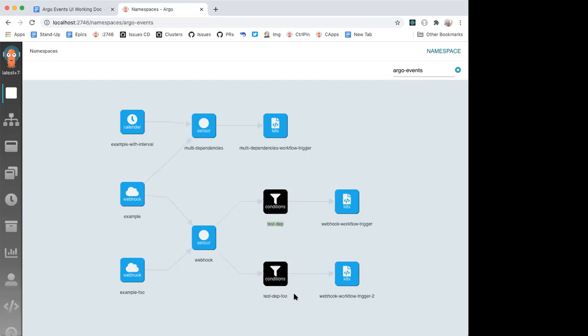And that's also another question. Right now, on this page, you're showing two sensors and three event sources. If you have hundreds, what will the page look like? Yeah, it's a good question. How many should we plan for? Vipav, do you have a number for the largest number of event sources, sensors and triggers that you've seen?